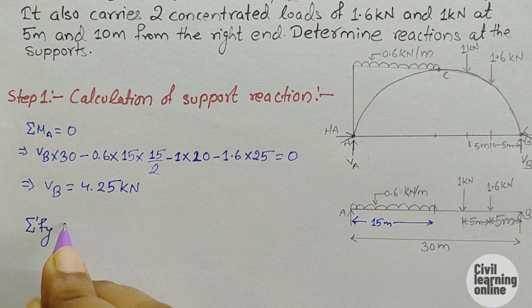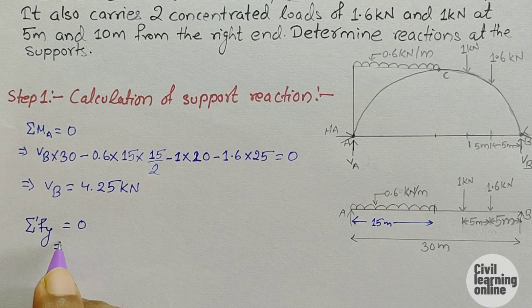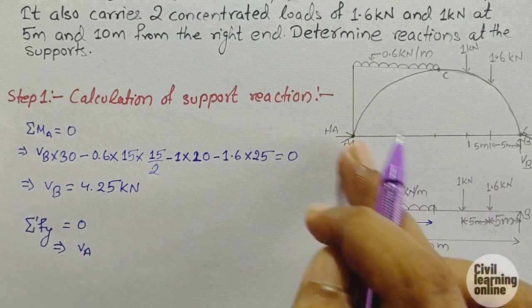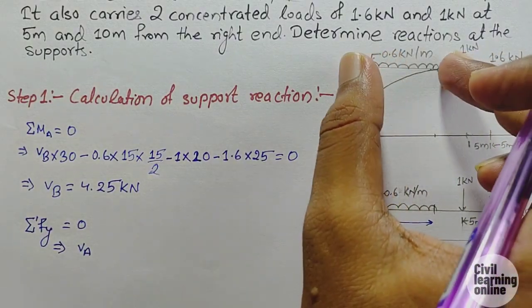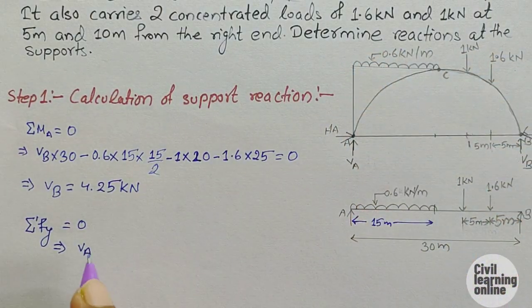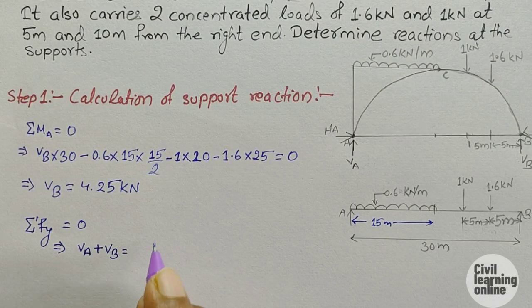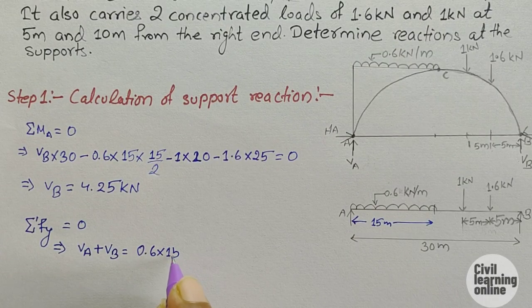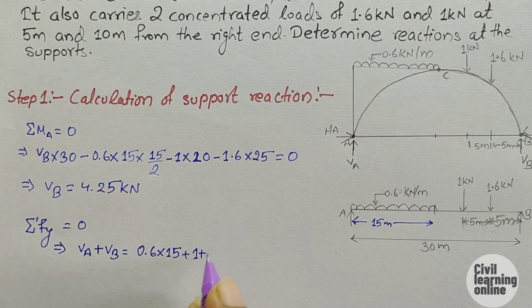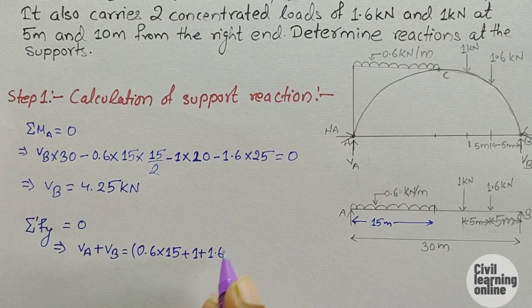Now we need to apply another condition of static equilibrium, that is summation Fy equals to 0, means sum of the forces in vertical direction. So we have VA and VB acting in vertical direction, and these loadings are acting in downward direction. So VA plus VB equals to the sum of all the forces acting downward, which is 0.6 into 15 plus 1 plus 1.6. Now here put the value of VB and calculate the value of VA, which will be equals to